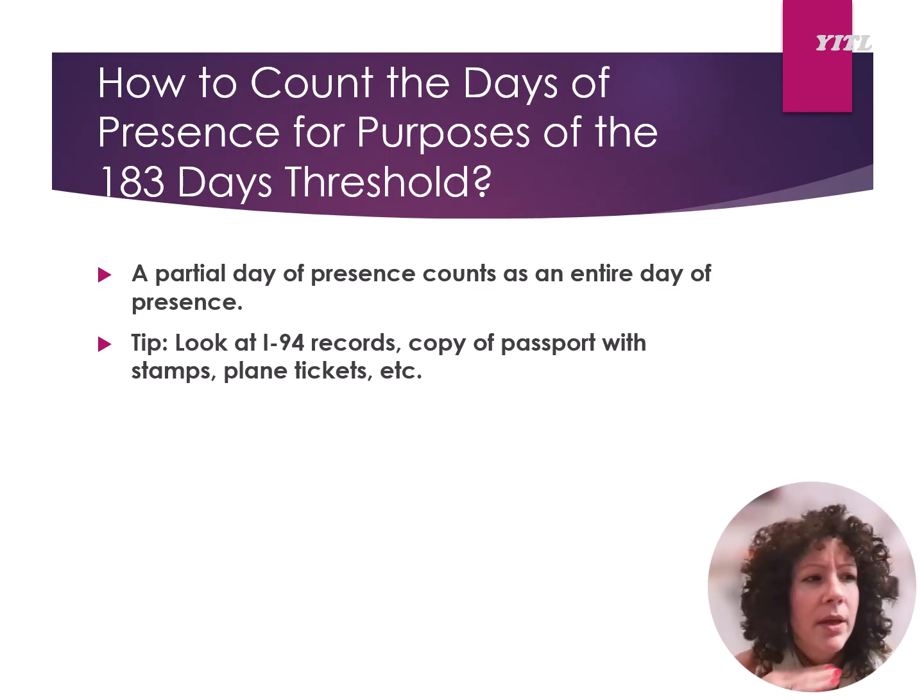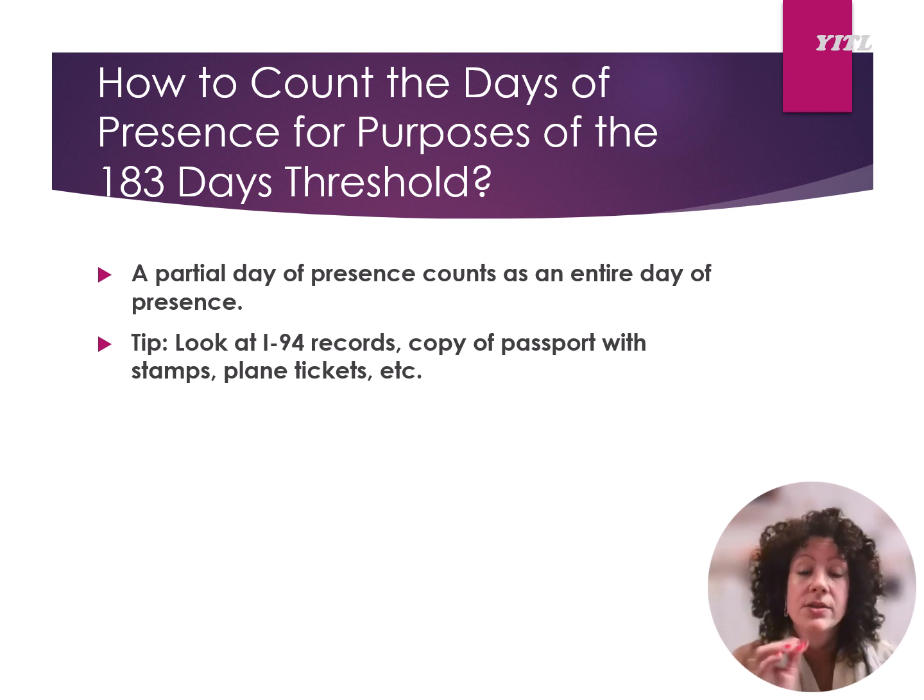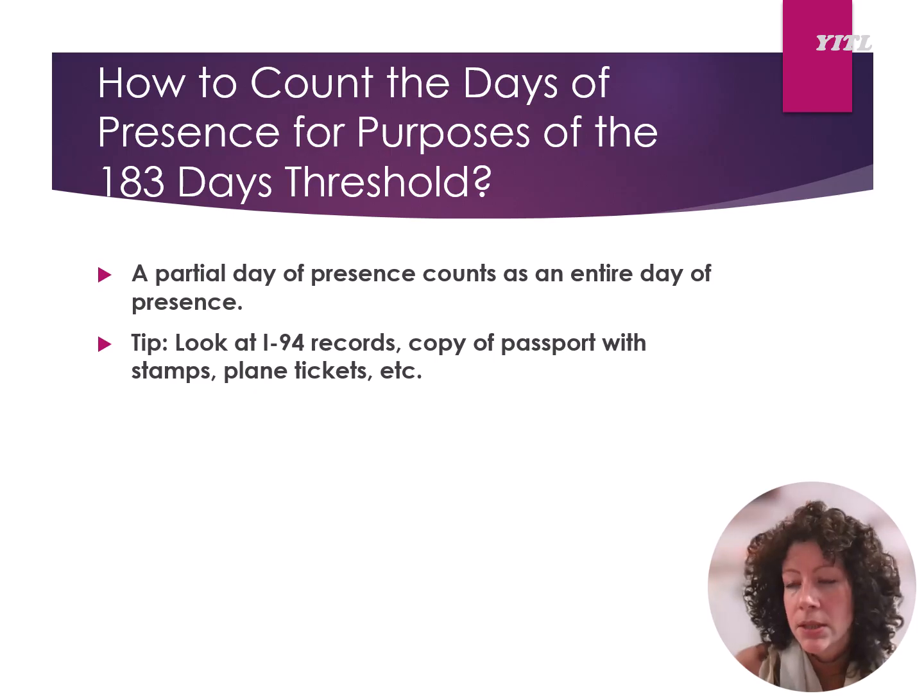And they will give you, I think, up to 5 years of records or 3 years, I forgot. But they will give you the dates that they have in their system in terms of entry and leaving the US. This doesn't work for citizens, but it works for immigrants. And I'm not sure it doesn't work for green card holders. It's only if you're here on a visa other than a green card.